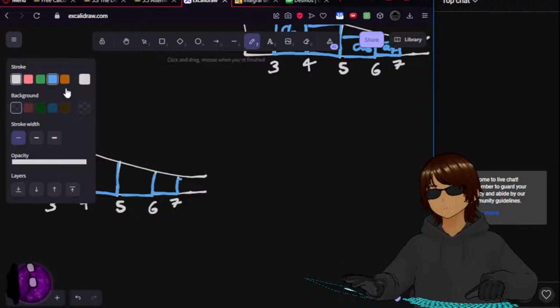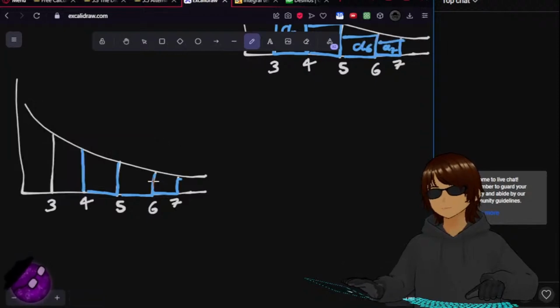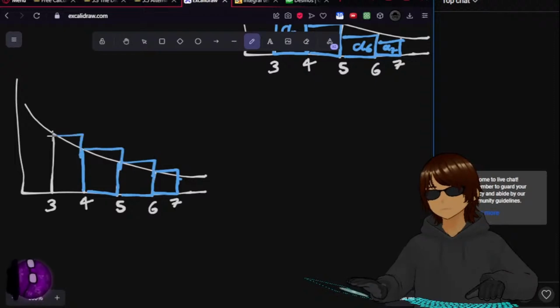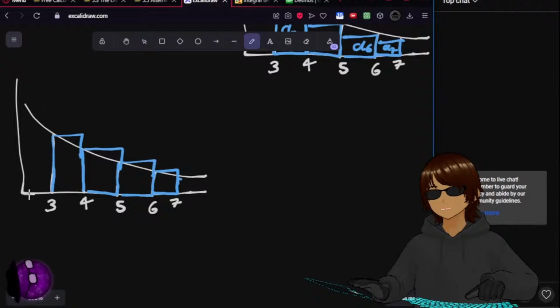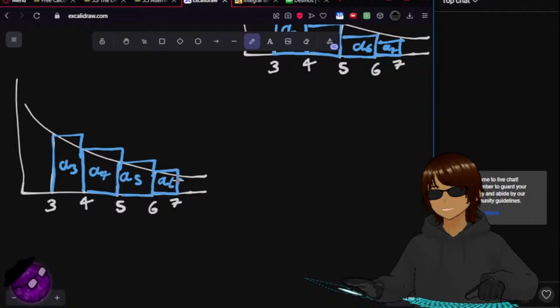You're going to do this, and then here, here, here, here, this included, from 3. So the area of this is A3 because it's 3 times 1, A3 times 1, A4, A5, A6,